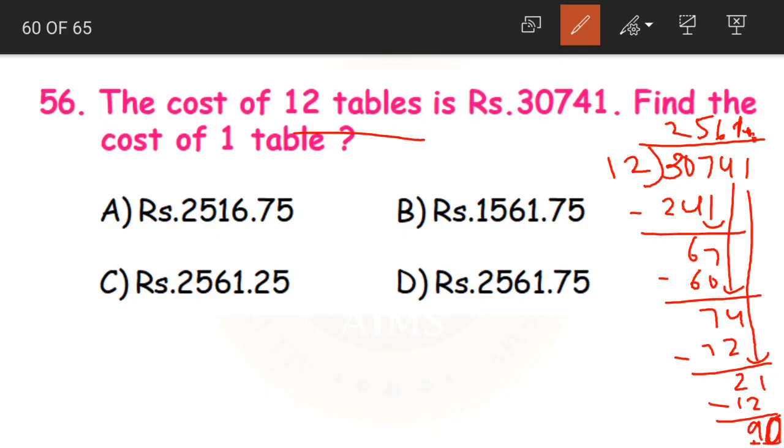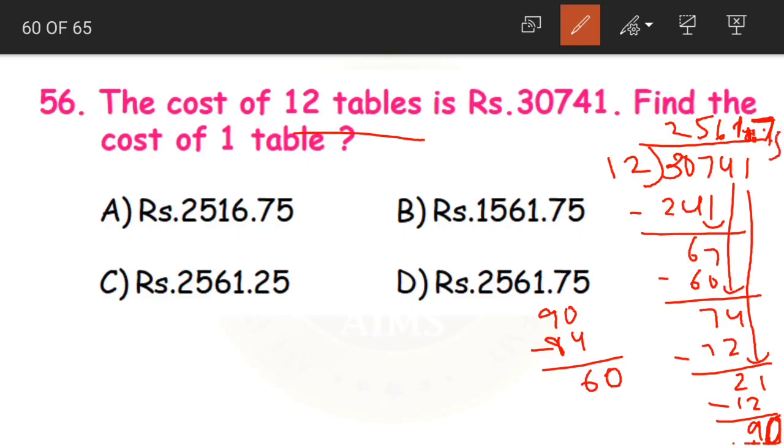And when am I placing this decimal point? Only after dividing the given numbers. Here the remainder is not 0. Then I am placing the decimal point. Now what do we have here? 90. We have 12 7s. After the decimal point, I am writing 7. Why? Because 12 7s are 84. When we subtract, 6 is remaining. As we have already placed a decimal point, we can again write a 0 here. Understood? That is the advantage of the decimal point.